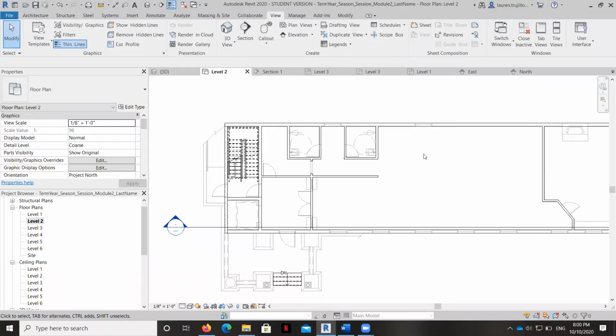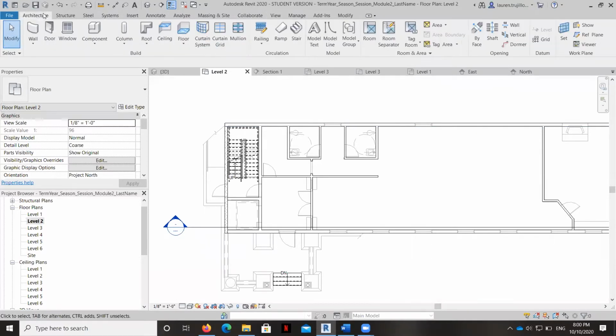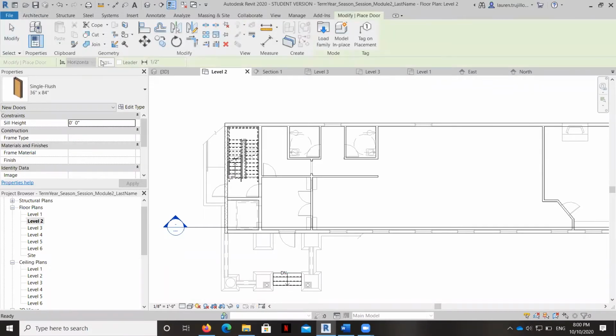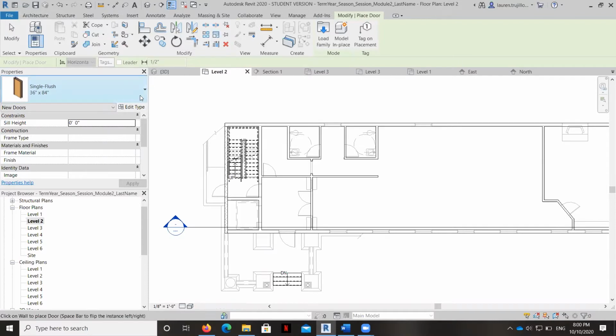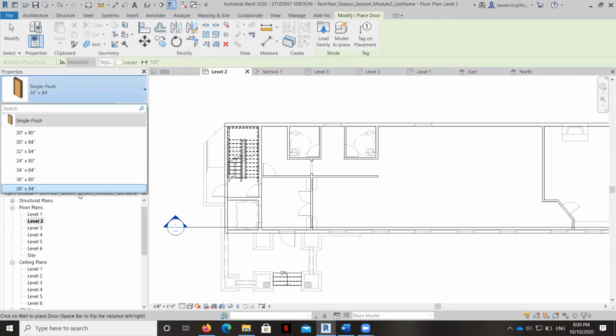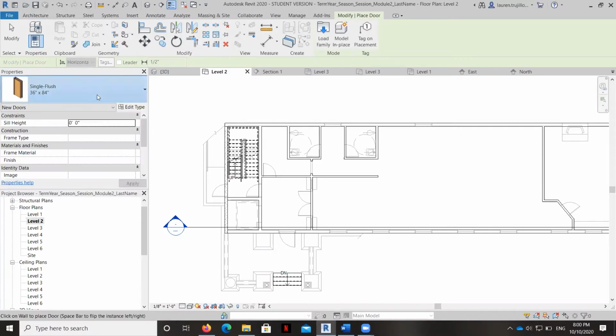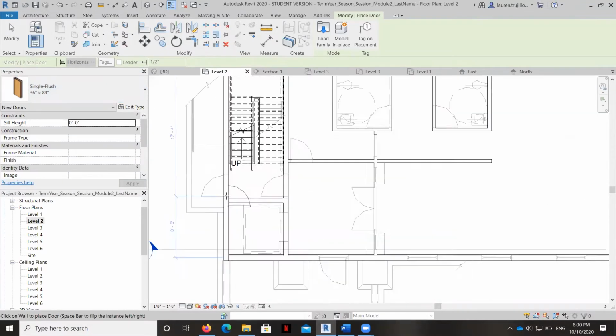In this video, I'm going to teach you how to place doors, and it's really, really simple. What we're going to do is just hit the Architecture tab and go to the door. Now, you can see here the default setting, they're going to come in as a 36 inch wide by 84 depth. And you, of course, have a couple of other options if you want to change them. But let's go ahead and just place this.